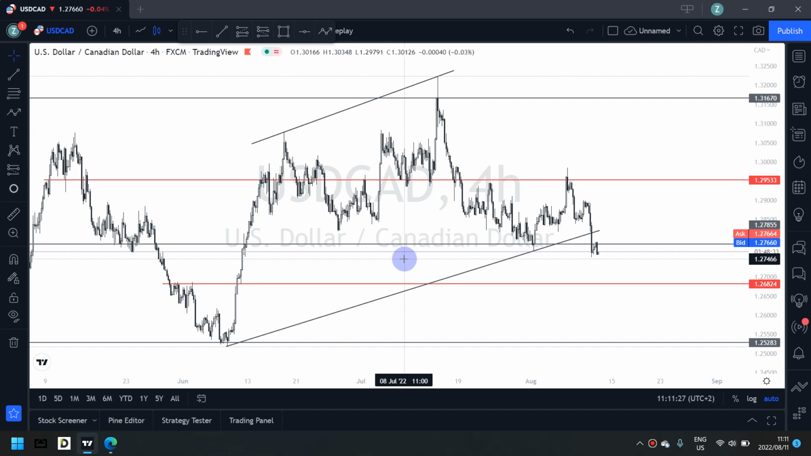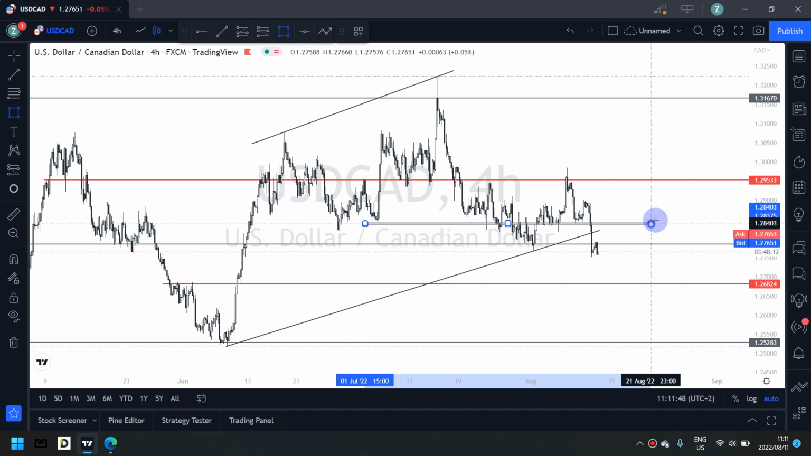And there's also a zone that I want to cater for on the 4-hour time frame of this USDCAD pair, right? Which is this zone right here. This is the zone that I want to cater for. Basically, this is a resistance zone, right? So now, seeing that this is our analysis for this pair,